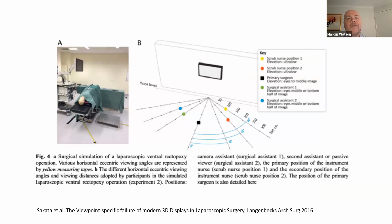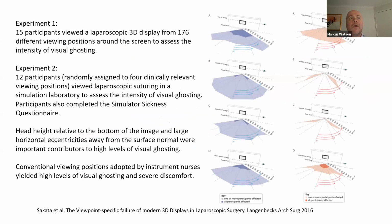So with the eye level central, eye level at the top of the screen, eye level at the bottom. He positioned people in positions at all the different types of angles we would expect to find in the operating theatre, and examined people's experience of looking at the 3D image. And what he found was that there were areas within the image where people have the experience of crosstalk. So that's where the two images that create the 3D images start to separate and cause a distortion in what